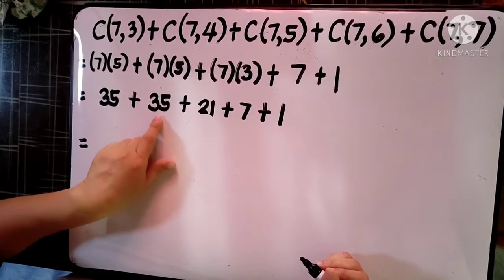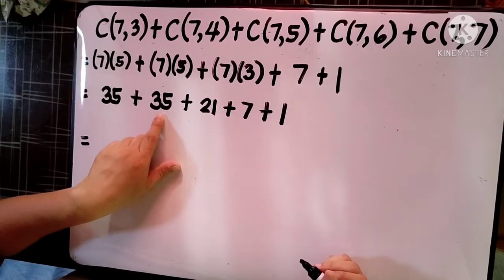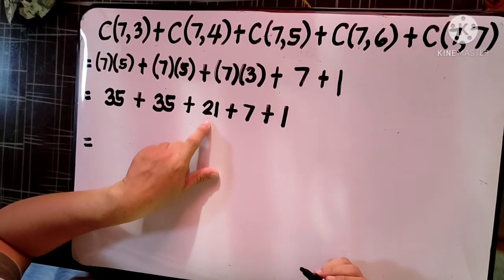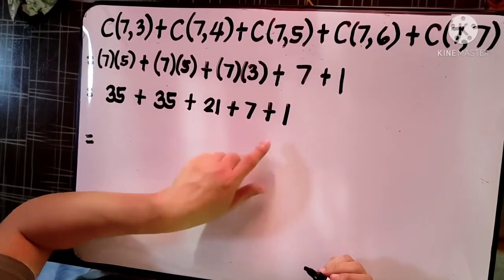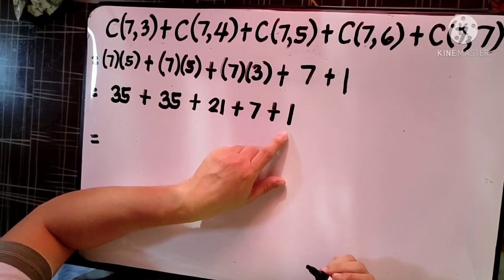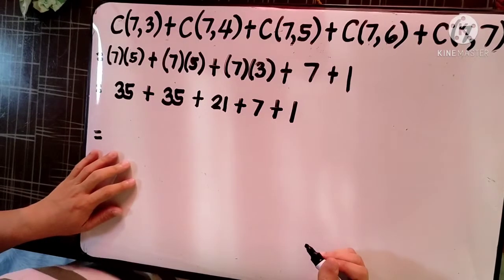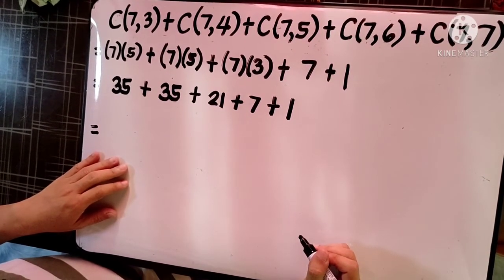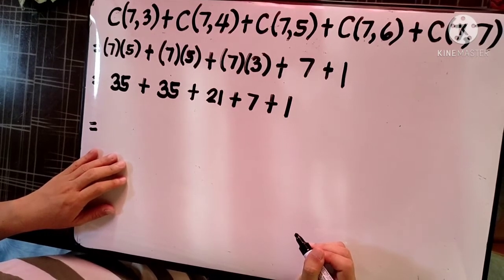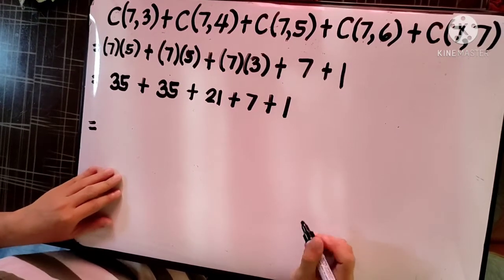Then 35 4-sided polygons, 21 5-sided polygons, 7 6-sided polygons, and 1 7-sided polygon. The question was, how many different polygons can be formed given the 7 distinct points? So, to answer the question, you need